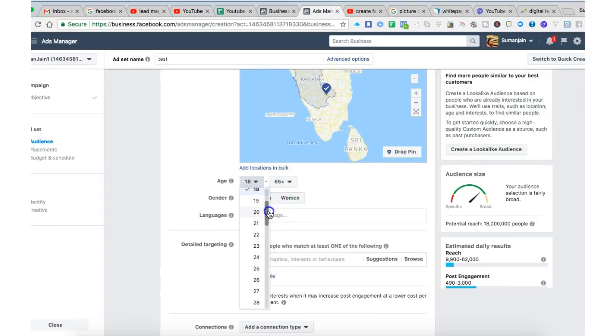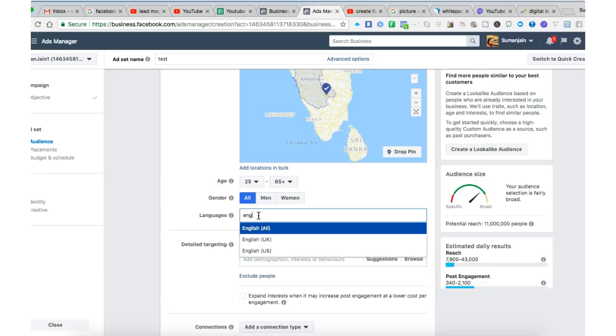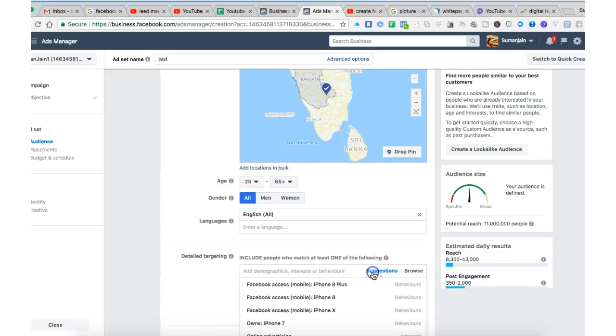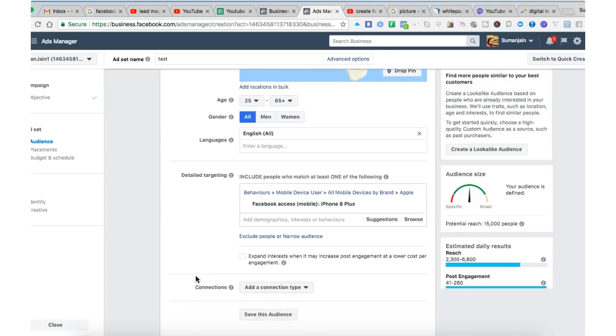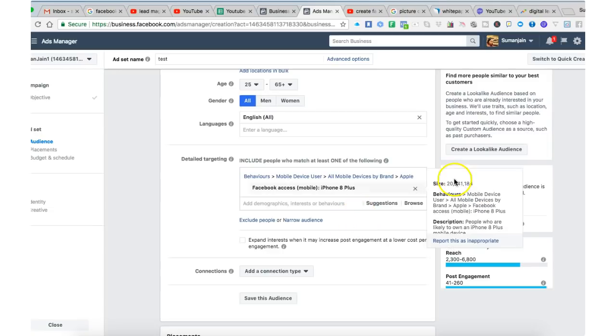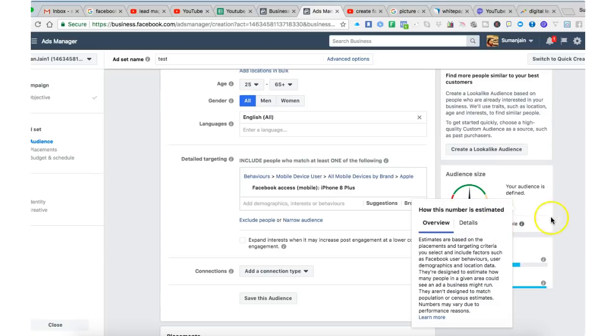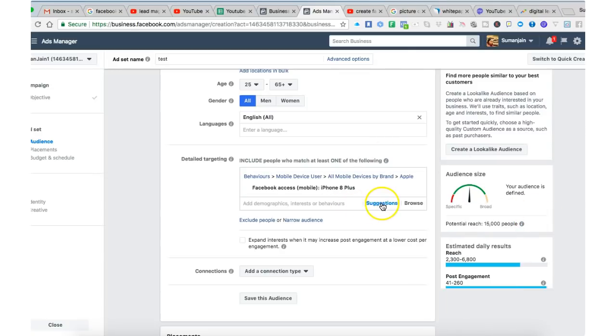And you can go with the audience of somewhere between 25 to 65, either in other languages or English. And I'll generally go for people who can have a spending behavior. If you can see here, among this particular category, I'm narrowing it down to 15,000 people. So if I wanted more, what I can do is I'll just go and